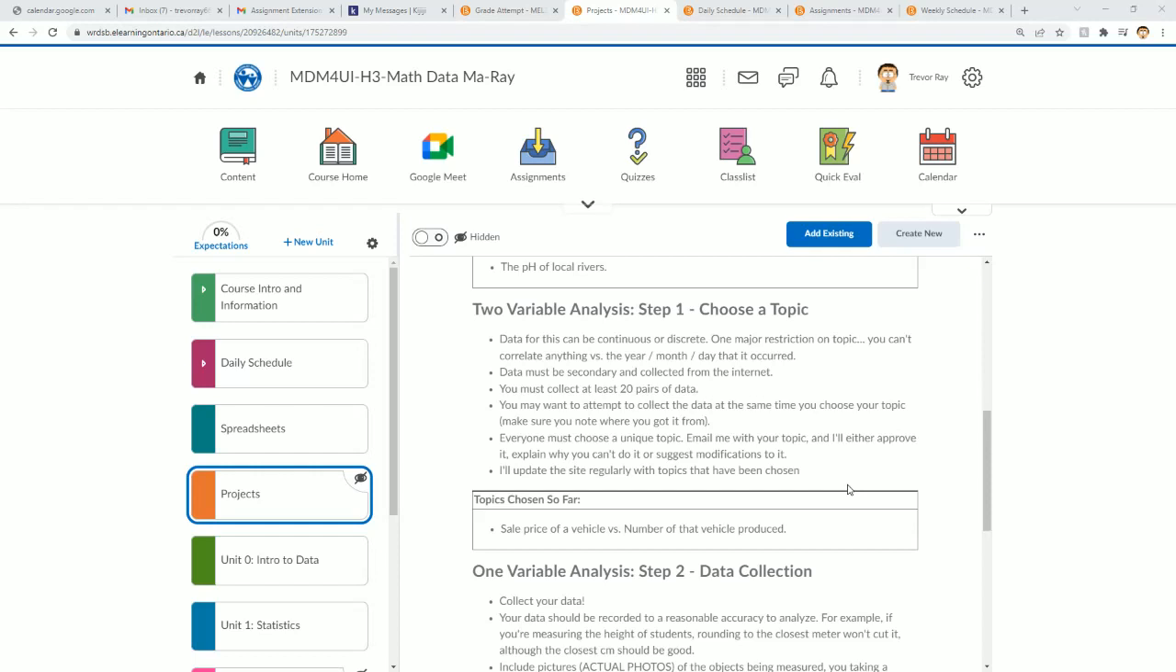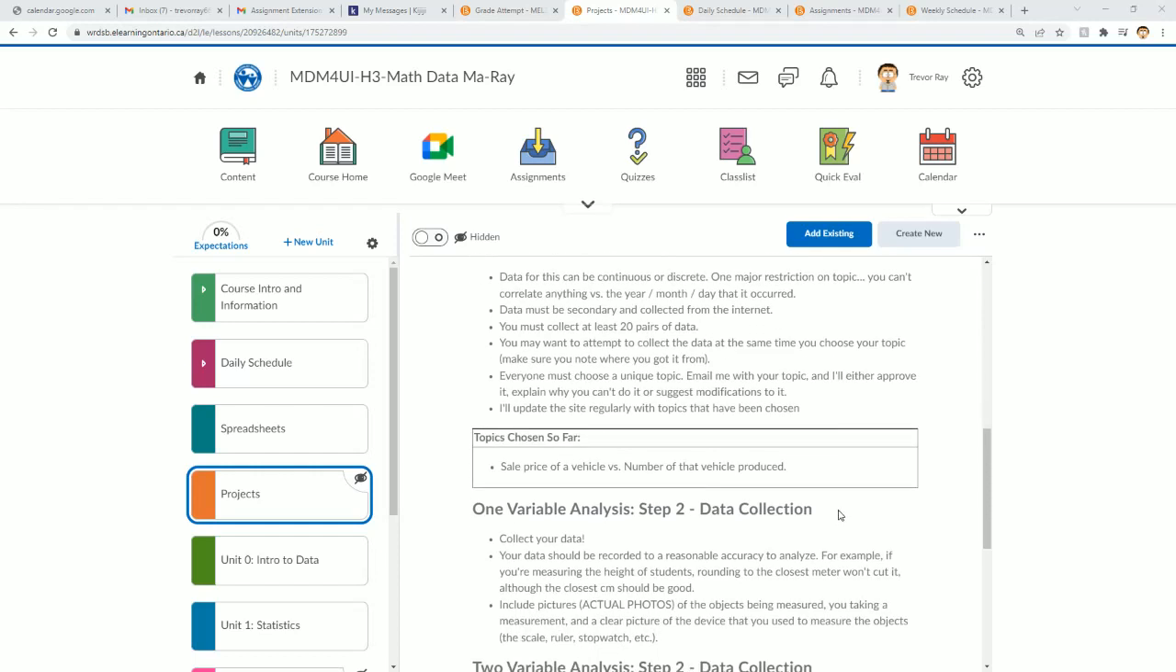And then, similar to the one variable one, the topic must be unique, email me, get approval, and all that stuff. And for both of these, I will keep posting additional information or topics chosen on the site as students choose more topics. So just as an example that I put down here,